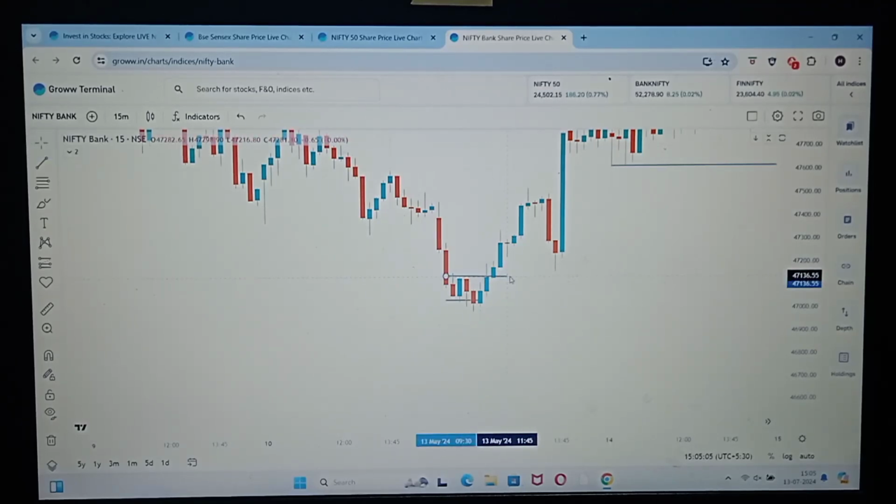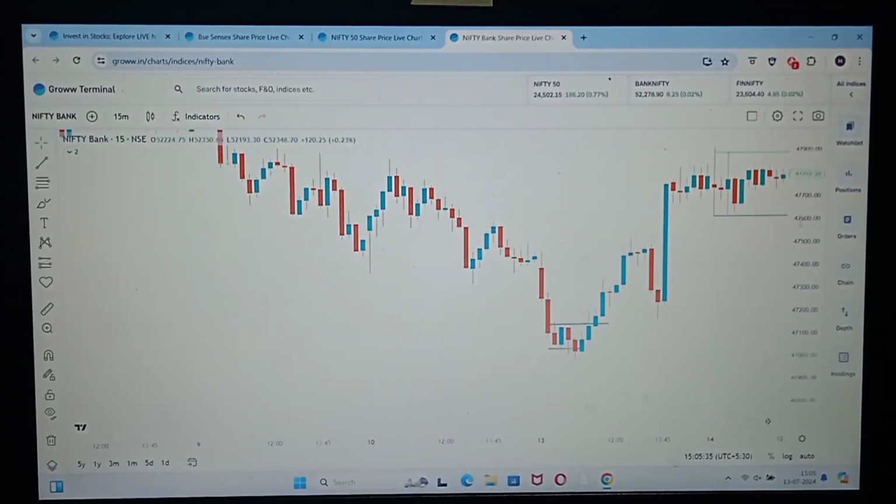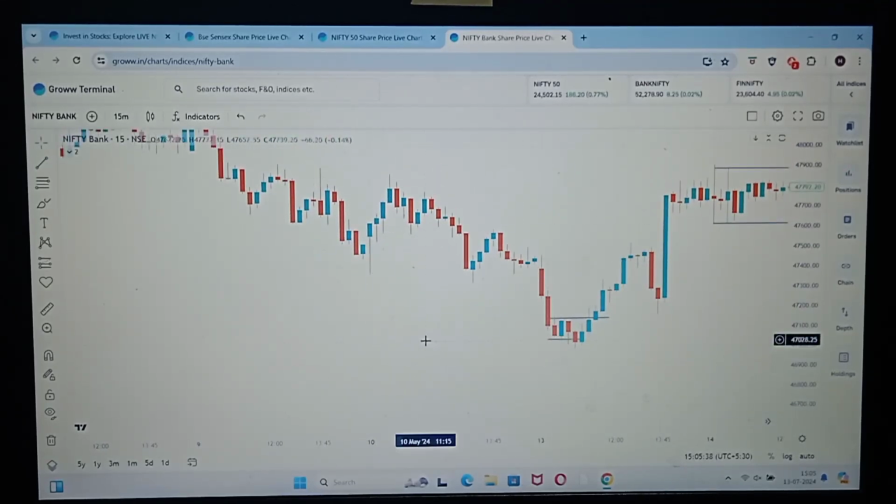Then you can see you got a good trade at 11:15. A green candle breaking the high of previous candles, the 9:45 candle. So around 47,145 mark you can take your trade and trail your profit. So clearly you can see 4-5 green candles, around 300 points profit you can easily fetch from this trade of 13th May